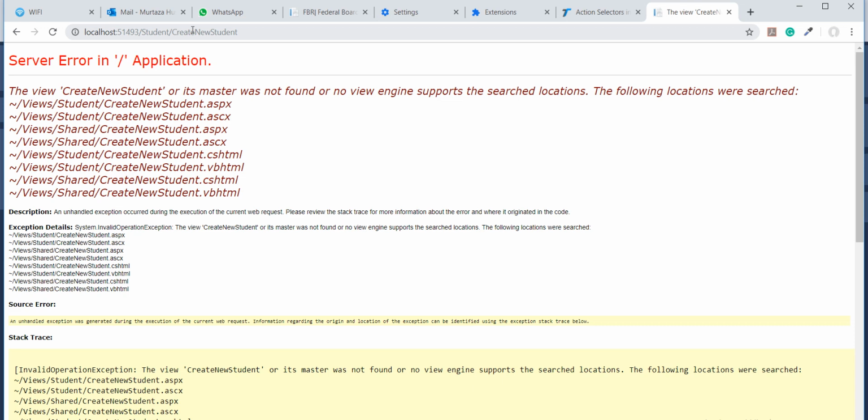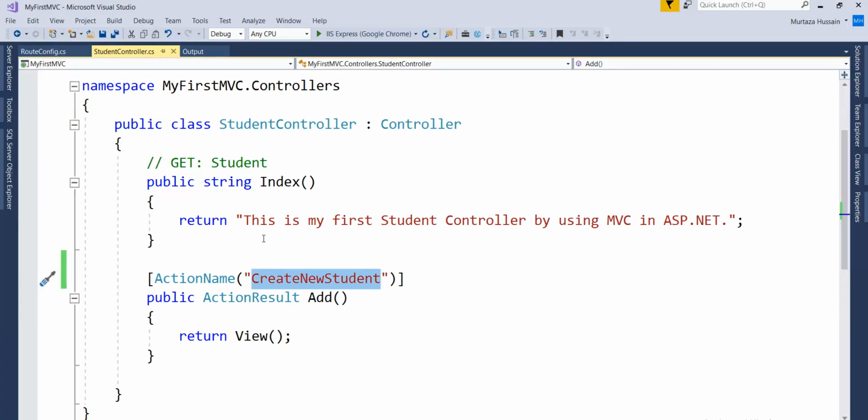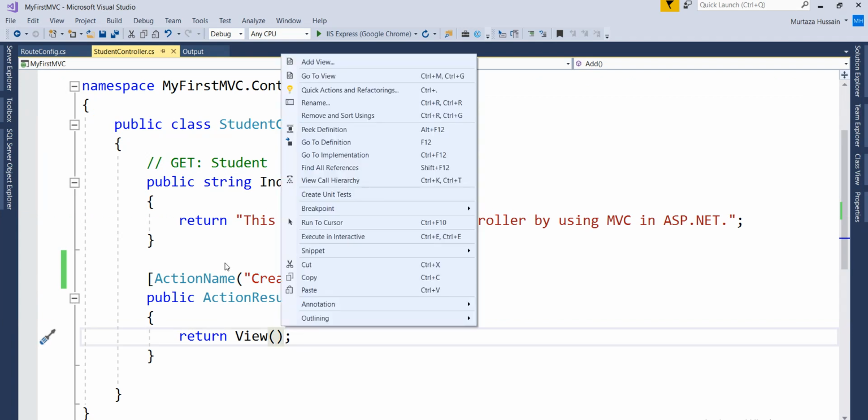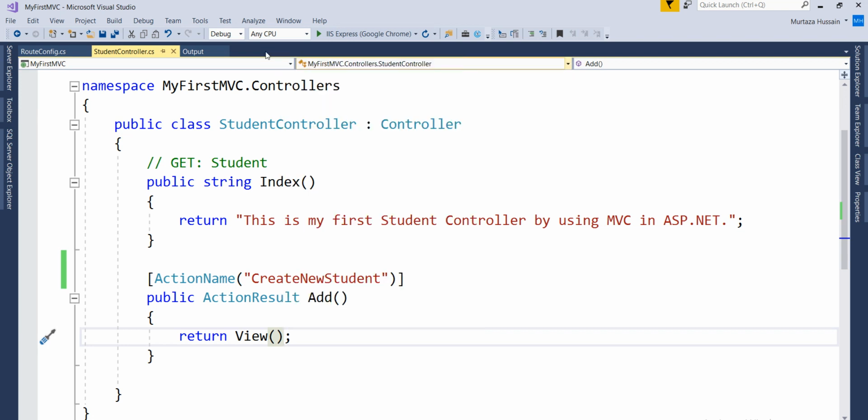So let's go and add some view and see what happens now. I will just right click within the body of this action method add, and we'll try to add a new view by clicking on the add view